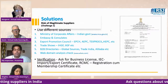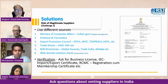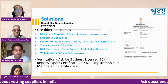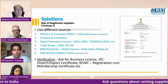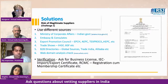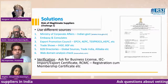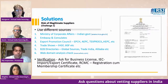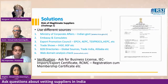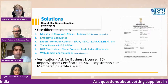And the second is about using the different sources of embassies and consulates. Many embassies and consulates are here in India. For example, if you are in the UK, the UK embassy and consulates also sit here in India. If you want to import goods to the UK, and you're going to start working in India for the first time, and it's going to be a huge volume of orders, you can contact the UK embassy in India and ask about this supplier,